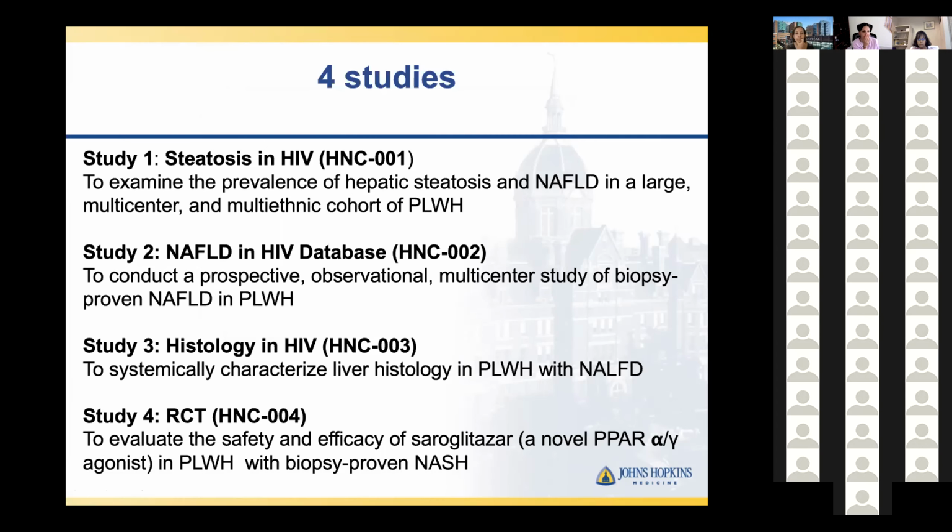on the next slide. The second study is a longitudinal study. This is the first longitudinal study of people living with HIV with biopsy-proven NAFLD, and it's going to be a 3 to 5 year ongoing study where patients are assessed yearly for progression. And then the third study is the histology in HIV study, which involves our pathologist systematically characterizing liver histology. And then there is a randomized trial component, which is not open for enrollment yet, but we will be evaluating the safety and efficacy of saroglitazar, which is a novel PPAR alpha gamma agonist, in persons with HIV with biopsy-proven NASH. And so I'll focus more on study 1 and 2 because those are the ones that are open